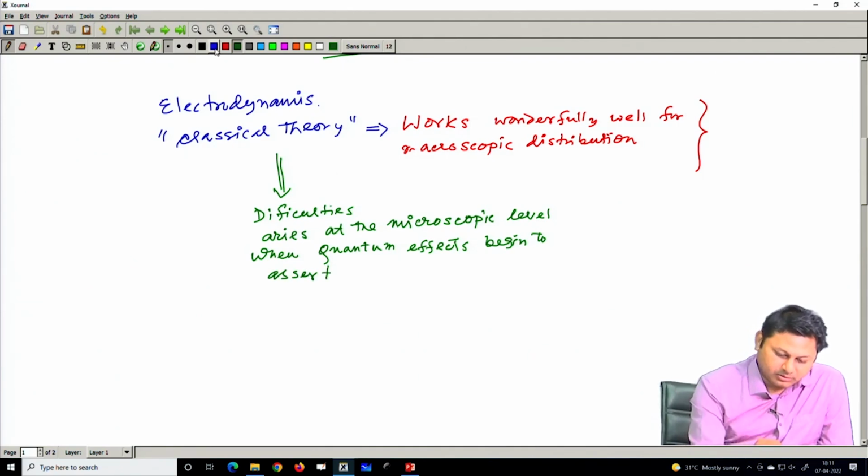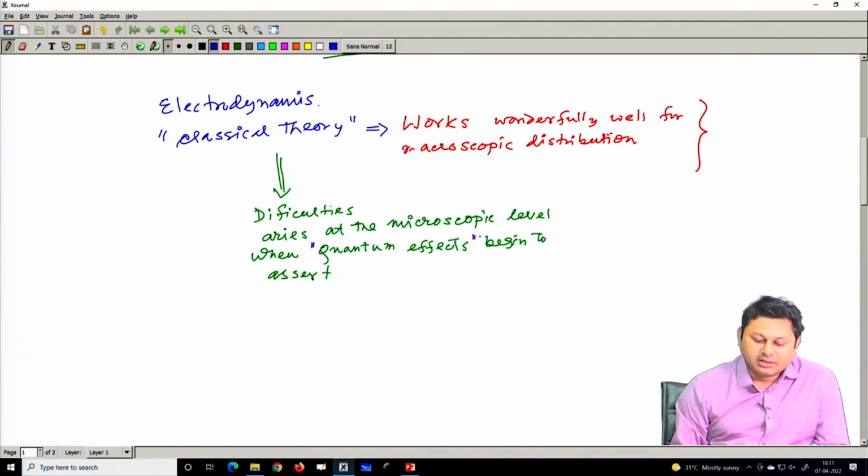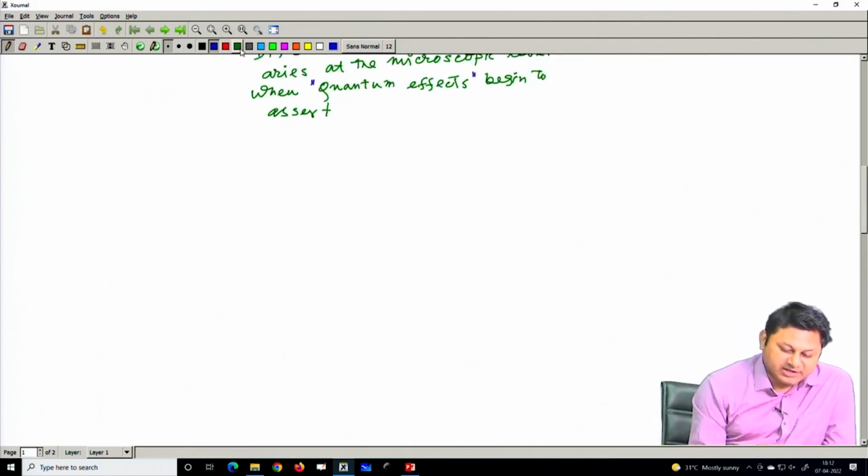That means when we try to understand this standard electromagnetic theory, which we call classical theory, at the microscopic level, when the charged particles are microscopic in nature, then quantum effects arise, and this classical theory does not work well there. Now, what happens at the quantum level? If I try to understand it very crudely, then in quantum theory,